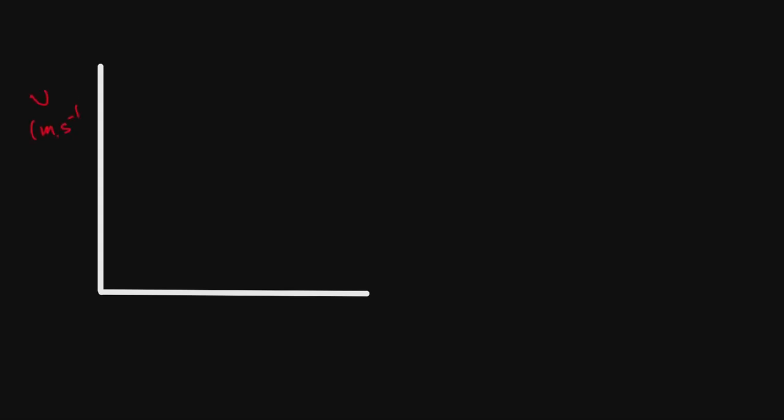So now, if we have a velocity time graph, that means on the y-axis we are going to have velocity, which is measured in meters per second. And then at the horizontal, we're going to have what? Time, which is measured in seconds. So remember now, we are having a constant velocity. So if we have a constant velocity, that means our velocity is going to be 2 meters per second throughout